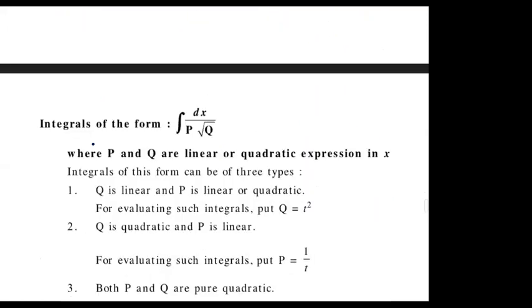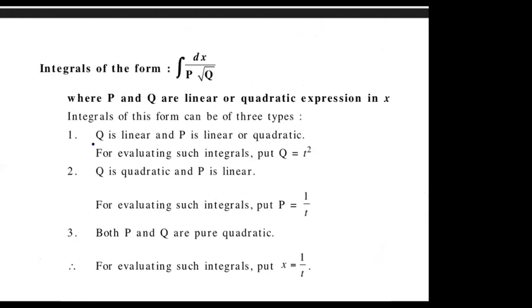Fine. So let us now try to take a look at another form where we have linear and quadratic in the denominator, right? So just try to see the substitution that we have to make. So whenever you get this type of form, just try to substitute this. So always remember, when Q is linear, irrespective of P is linear or quadratic, always substitute Q as T square, right? Whenever Q is linear, that is whatever is inside the root is linear.